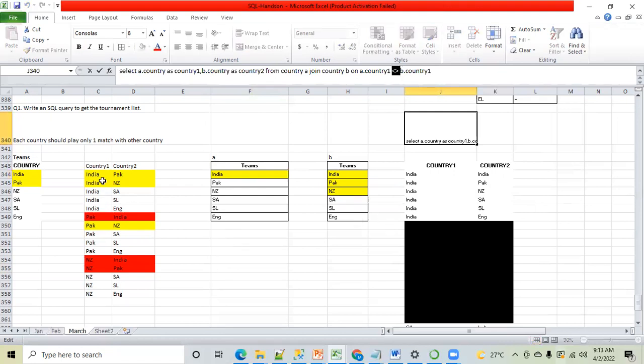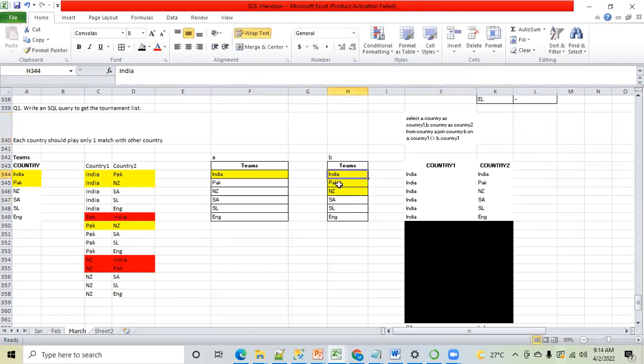And this is the purpose of this query. I want you to understand that whenever you're using a join, don't think that you can use only the equals operator. You can use not equal to, greater than, less than, and all those things. Okay, so from this, I want to show you that you can use the not equal to operator as well. Now you see what will happen if you use this operator.